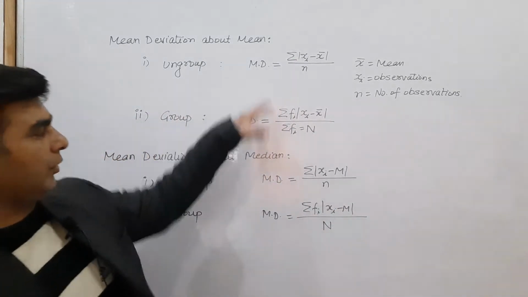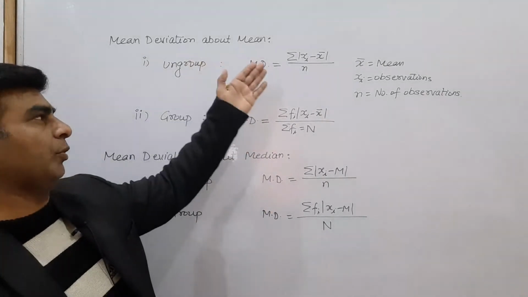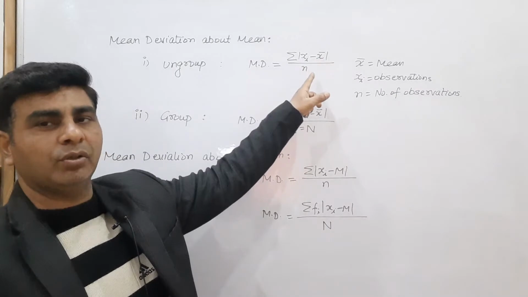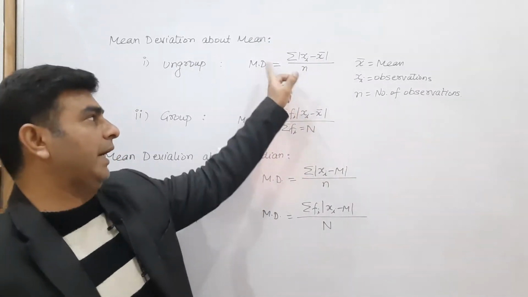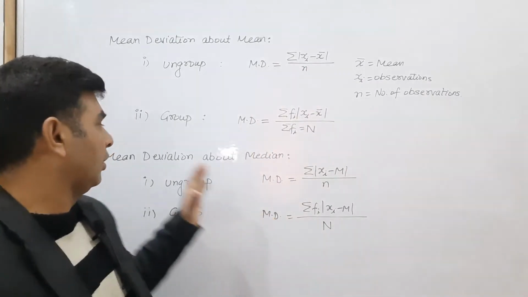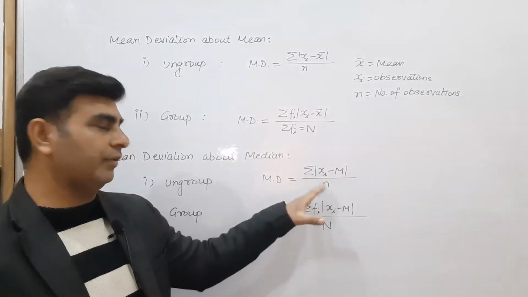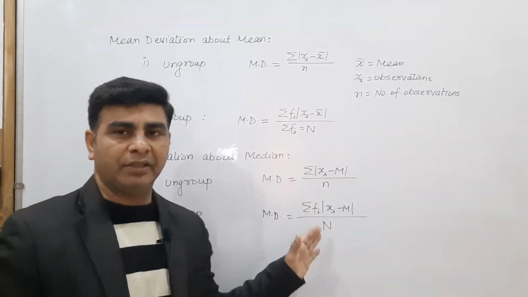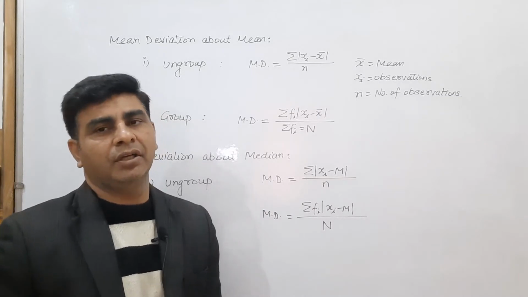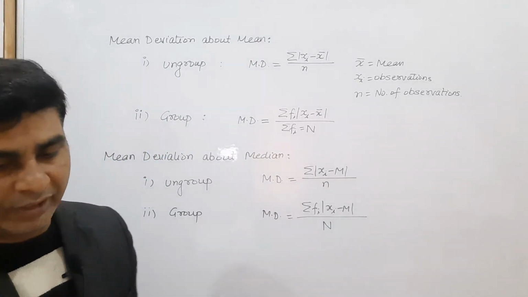Same formula is there for both cases, but if you want to find mean deviation about mean, you first have to find the mean, and subtract the mean from all observations, and taking the positive sign you have to add all the terms and divide by the number of terms. And if you want to find mean deviation about median, children, first you have to find the median, then subtract that median from all observations, and after taking the summation, divide by the number of observations and you will get your answer. Now let me start exercise 15.1.